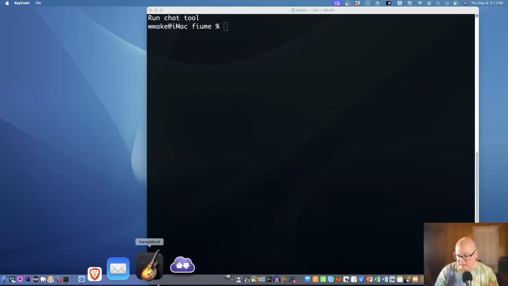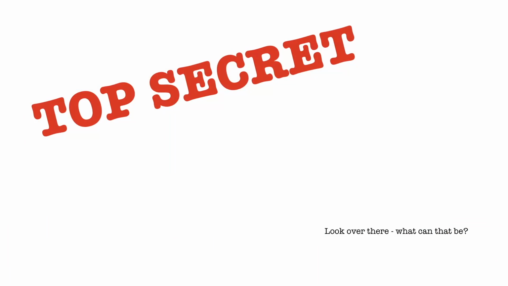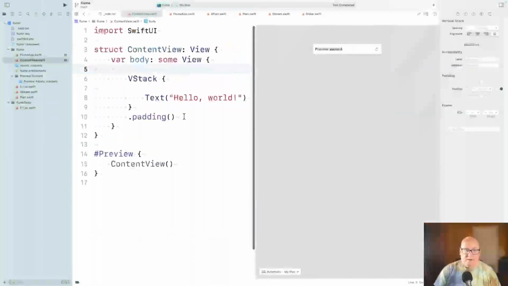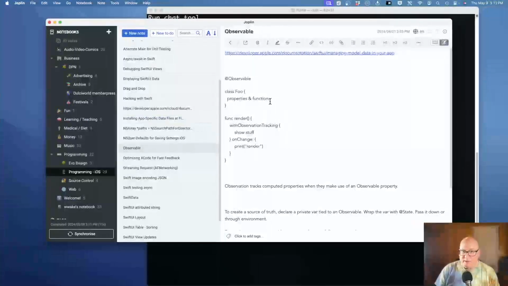Let me hide for a second. Okay, so I have Joplin where I throw all my information for things, but somewhere I took notes on using observable.